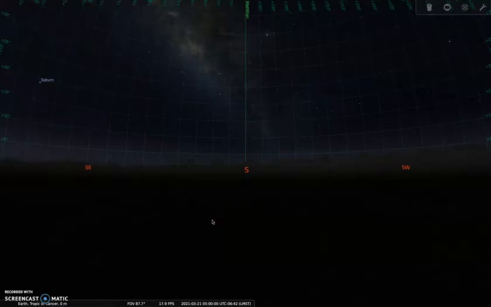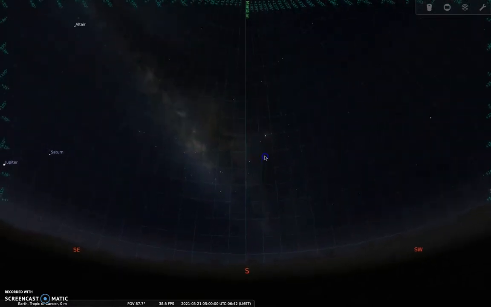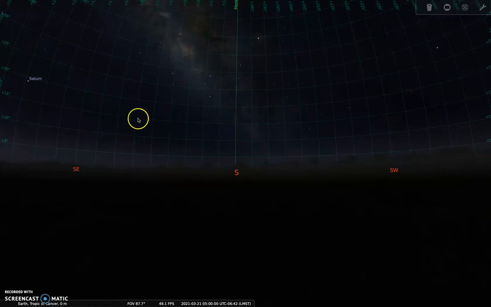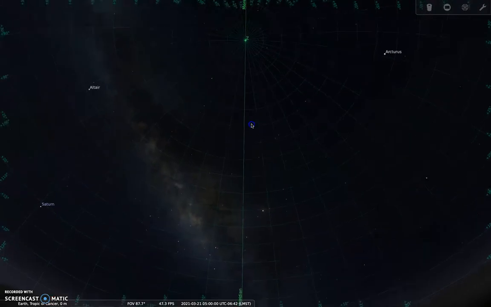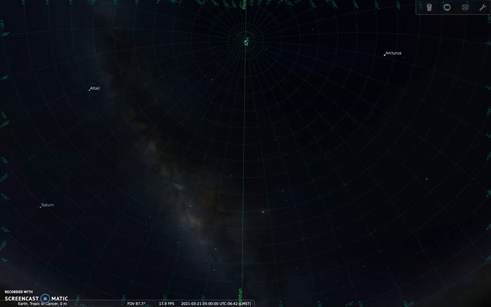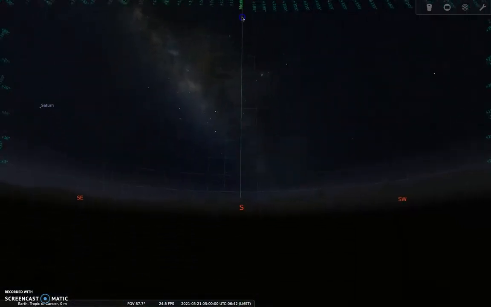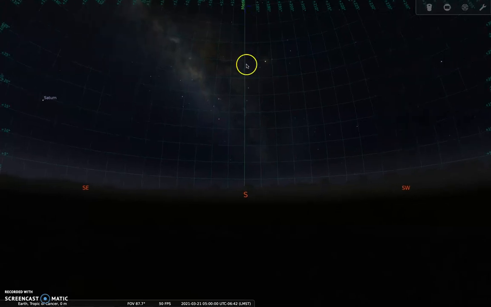All right, so here we see a starting screen for the program Stellarium. I've turned on the meridian line and the horizon grid, in other words, the altitude and azimuth grid, right? We know that because there are lines running, quote unquote, horizontally parallel to the horizon. And if we look straight up at our zenith, we have plus 90 degrees altitude. So this grid is the altitude and azimuth, and it will allow us to estimate the altitude of the sun